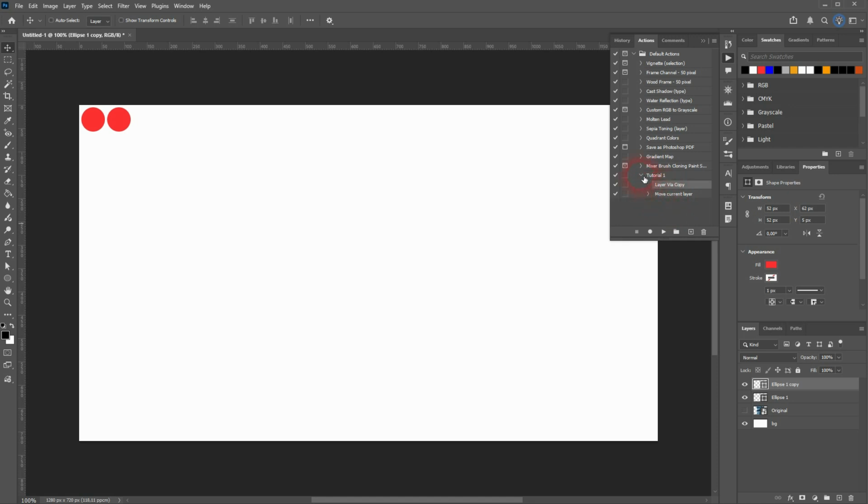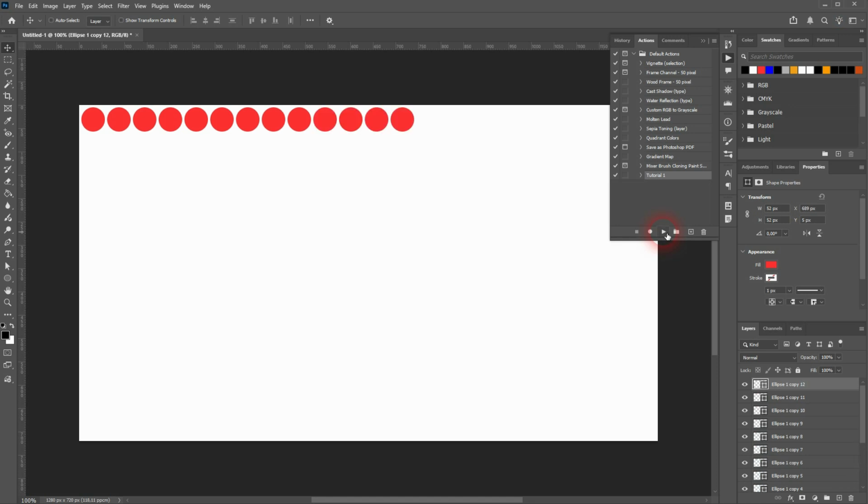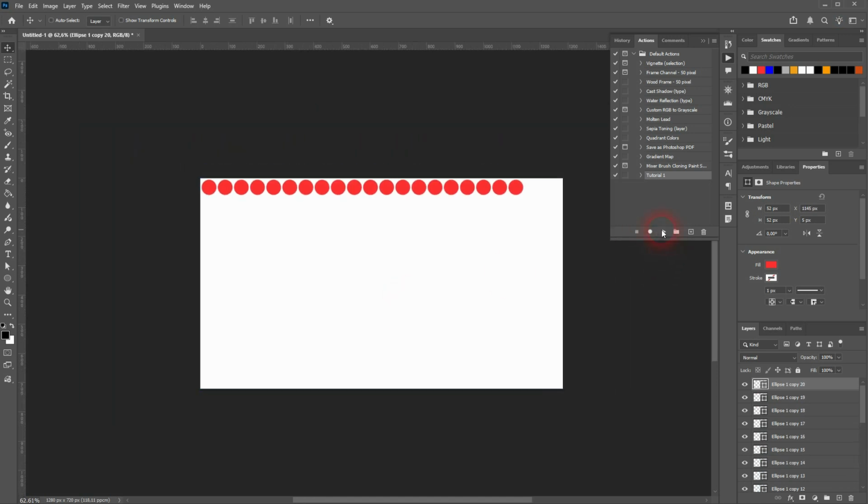You now want to be on tutorial 1. So make sure that this is highlighted and not something off that folder. And once you've got that, just use the play selection function right here. And you can see this copies the circle and puts it directly into the position where you need it. So every time you play it, your last actions will simply be repeated. And in our case, that means that layer via copy and the repositioning, which is stored in tutorial 1,